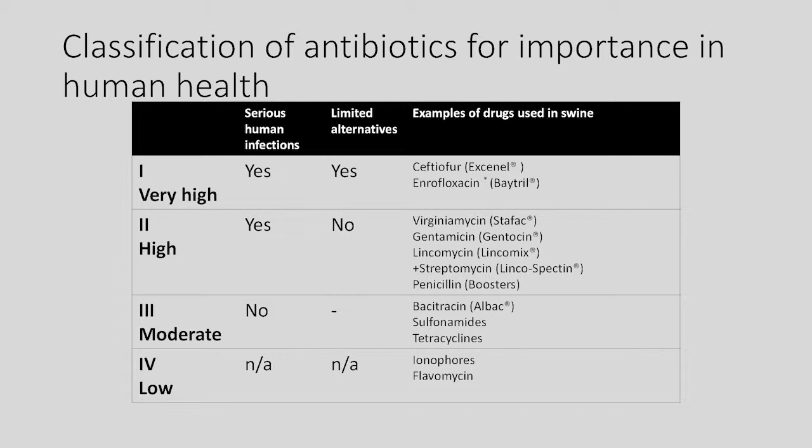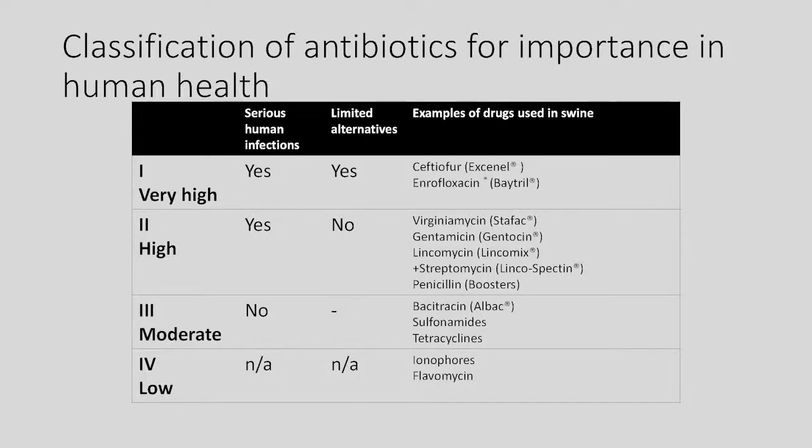The thing I do want to point out to those of you who aren't in livestock is that category 4, which the World Health Organization categorizes as low risk, is our ionophores and our flavomycins. These are antimicrobials that have no known use at this point in human medicine. We use them extensively in agriculture, and at this point we are not doing anything to attempt to minimize or decrease or control the use of those category 4 antimicrobials. And so that's maybe something that you guys don't have a common conversation about.